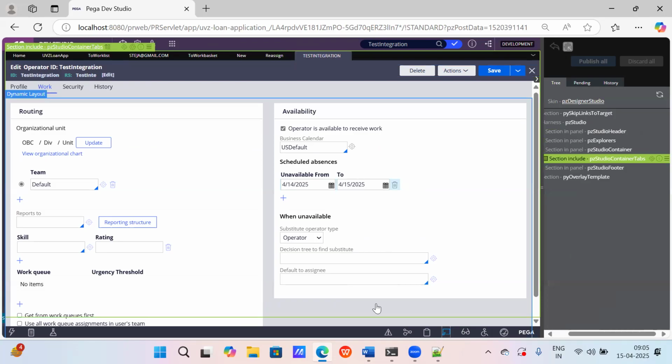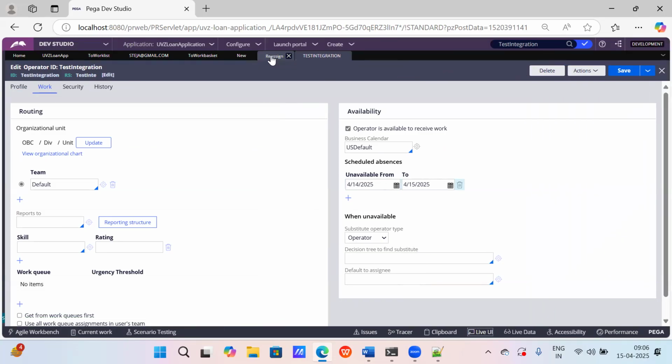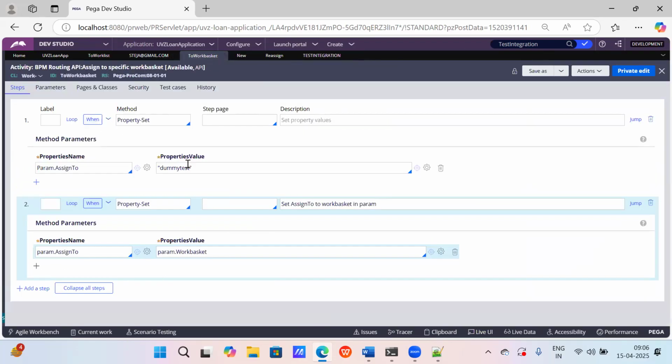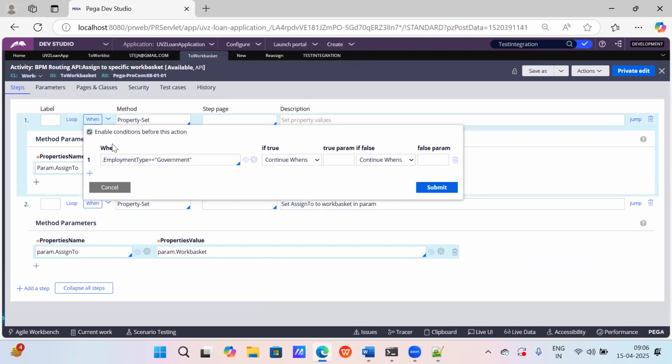The way that we have done it here. One minute. The entire thing will remain the same. This is the activity that we modified, right? So we are routing to some other person, but with this when condition you need to check here .pxCreateDateTime. This date time is greater than the value he is absent from, and less than the absent-to value. We need to write a when condition. So this is how we can route to a particular person by using a fallback activity when that person is not working. Clear?